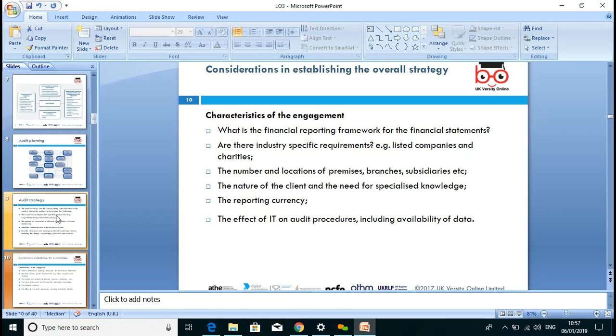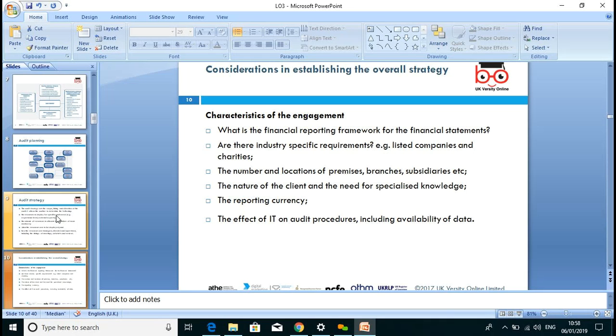When you make the overall strategy, what do you look at? What is the financial reporting framework for the financial statements? Under IFRS, you need to look around IFRS 16, the International Financial Reporting Standard 16, which has just recently been released for any company dealing with finance, and the operating lease should be reflected in the financial statement. If you don't have knowledge about IFRS 16, how will you check how these statements are prepared? So as an auditor, you not only need to follow the standards of audit, you also need to follow the accounting standards. You need to understand them.